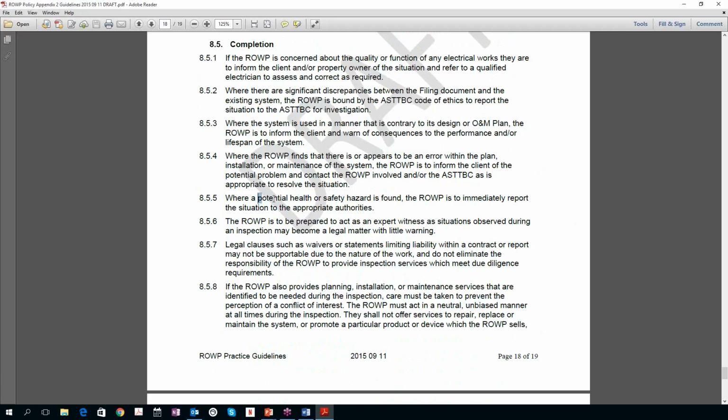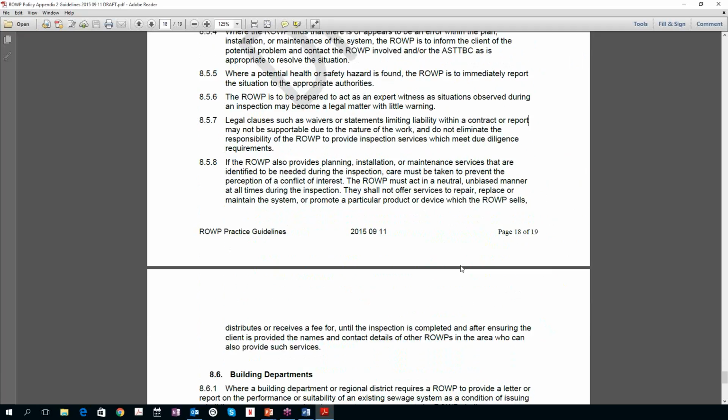Talks once again about reporting hazards to protect or limit your own liability. It mentions, here's a good point, that you better be prepared to demonstrate due diligence because you could be a witness in court and so on, oftentimes without much choice on your part. Where else are we going?